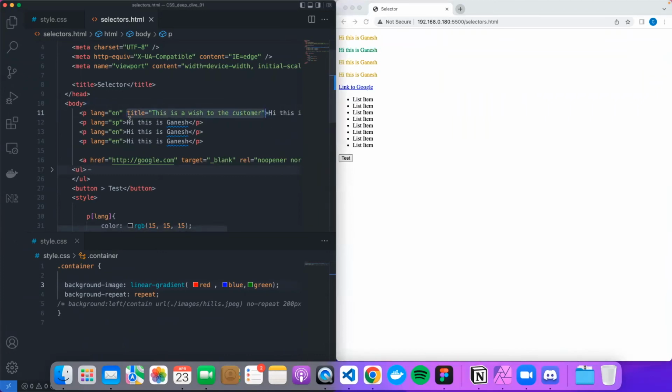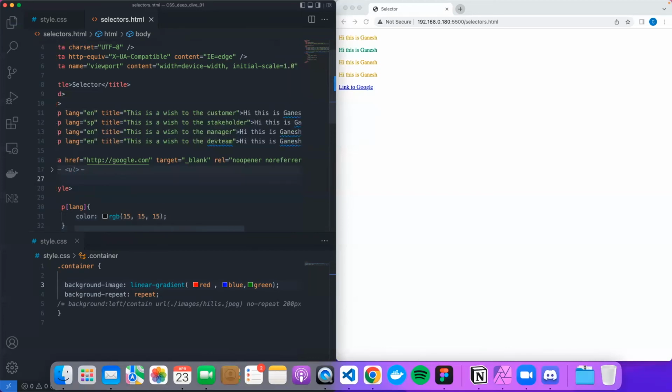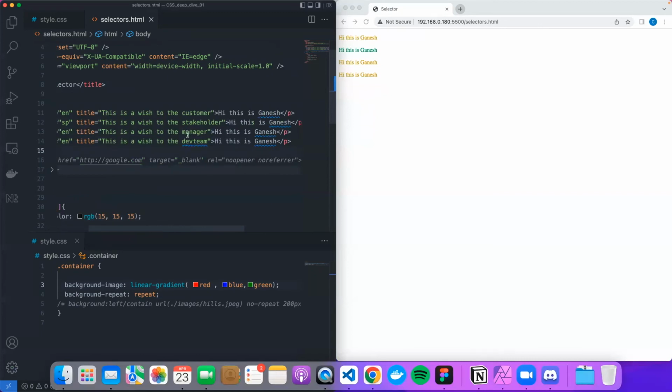Let's say we have this title attribute present in all of them, and customer, stakeholder, or manager, dev team. Okay, we have different values, so let me comment these first for a while and remove this button and comment this link. We only have 4 items. So now